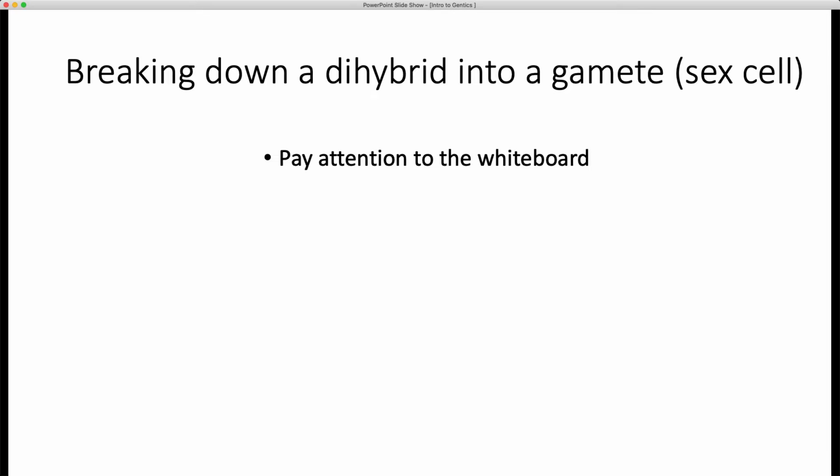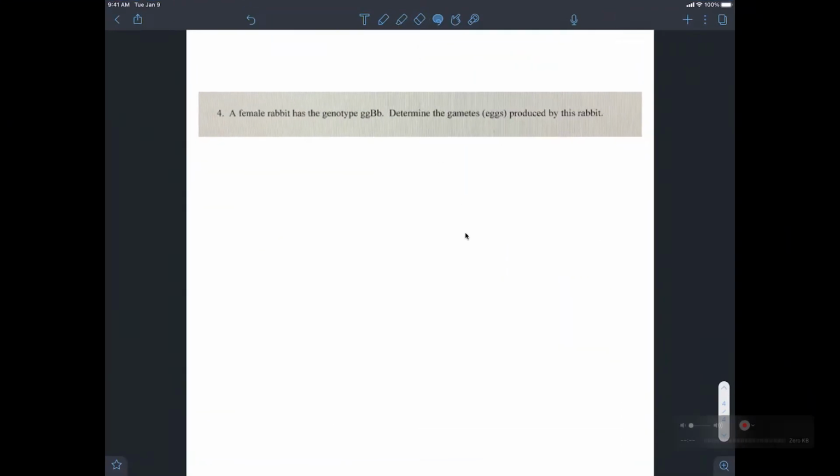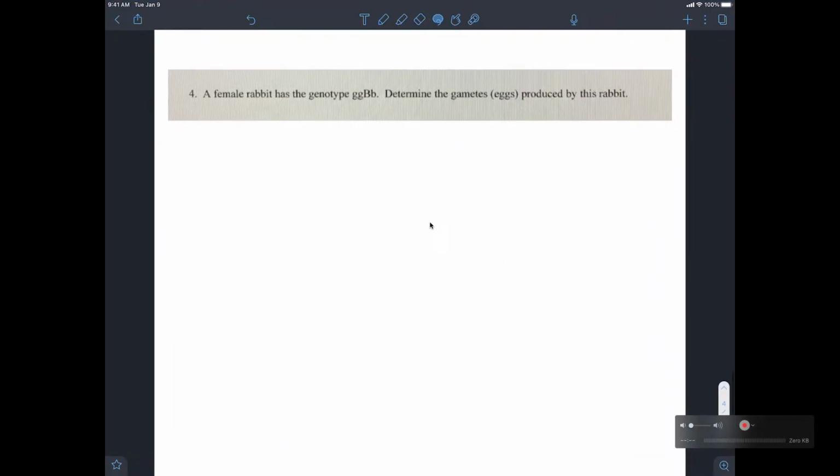So what I want to do is I'm going to just go over one little quick example that I already have pulled up. So we're going to be breaking down a dihybrid into a gamete, which is sex cells. Okay, so you're going to need to pay attention here. So my example says here